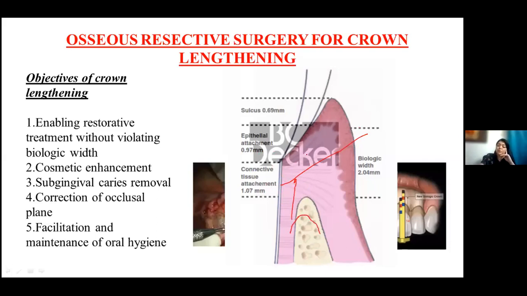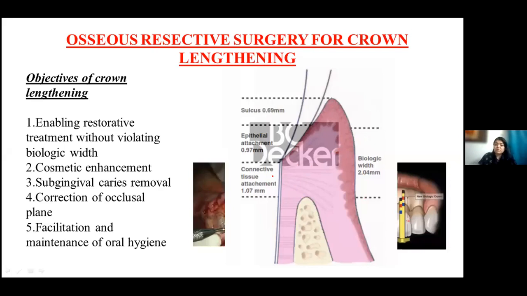You will need to reduce the bone to again maintain this width. So you have to open the flap. You can't just cut the tissue and leave it. You have to open the flap, reduce the bone, and then put the flap back. That is when your gingivectomy will become stable without further damage to that tooth. Otherwise, you are in for bone loss, recession, pocket formation, food lodgement, further pocket formation, mobility, everything. Understood the concept? Yes, ma'am. Once a pocket starts developing, the patient cannot maintain it, there is food lodgement, subgingival caries, and all of these secondary problems will start, right?